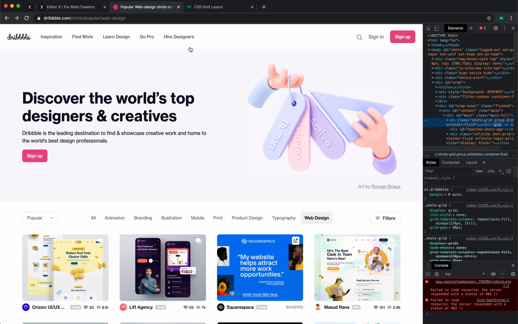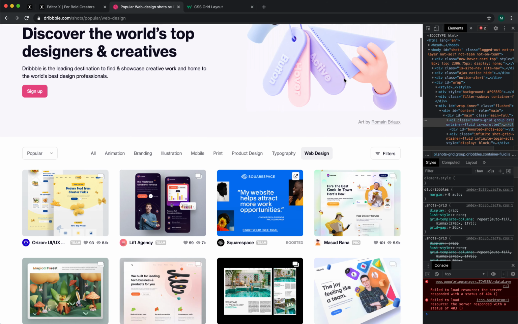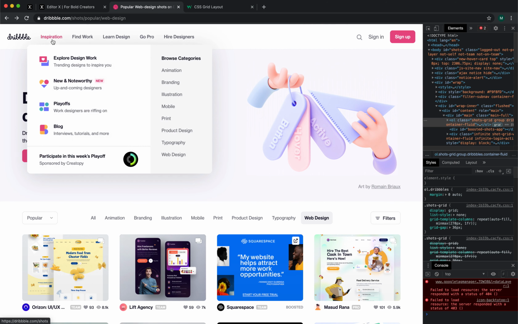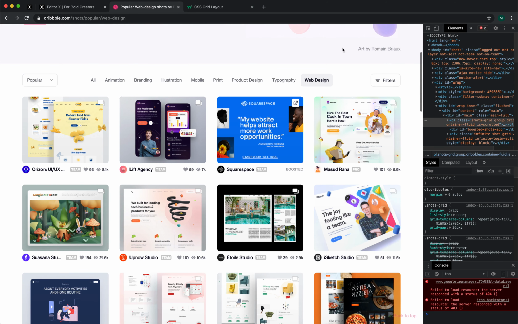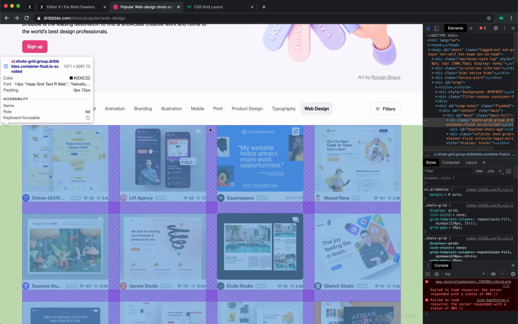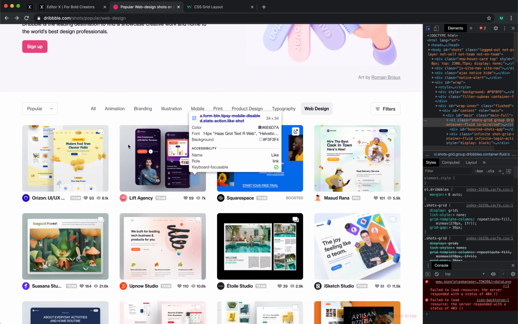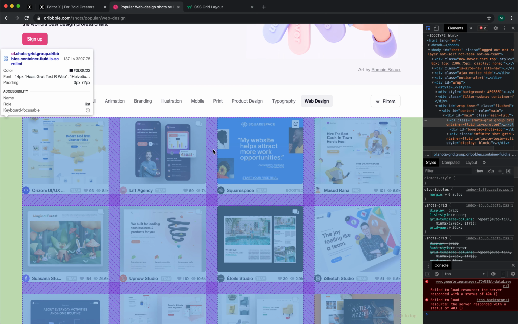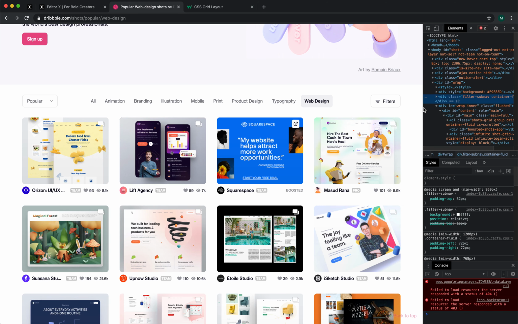I found a very good example to show the use of grid on a very well-known website, the Dribbble website. In the homepage, they are using grid to display all the content. If I inspect it, you can see very clearly that there are columns and rows. Rows depend on how much content there is, but we have 4 columns here with a gap between the cells, and you can also see that it's very responsive,